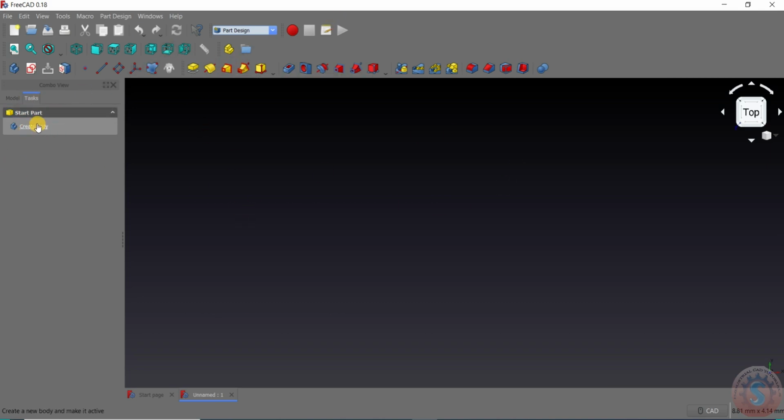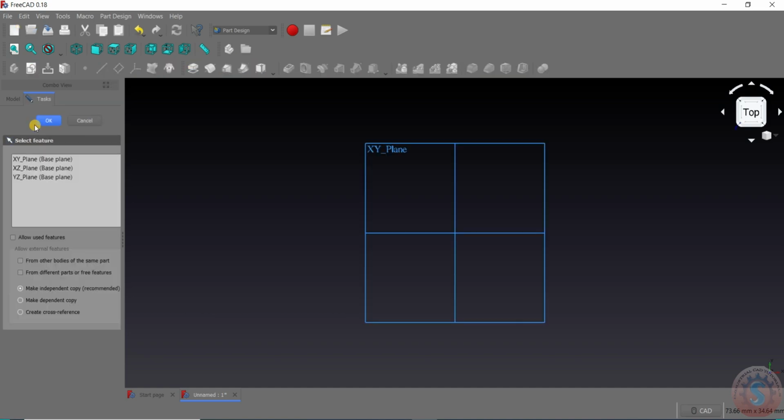After that, you can click on Create Body, then it will redirect to Create Sketch. You can observe the Start a body before you want to create a sketch. We should create the sketch to develop a 3D model. I am clicking on Create Sketch.